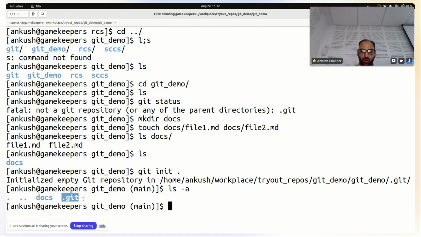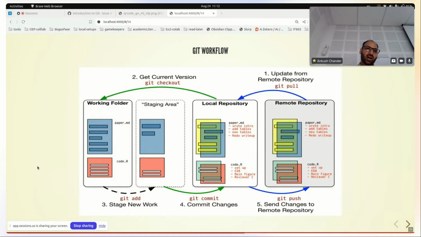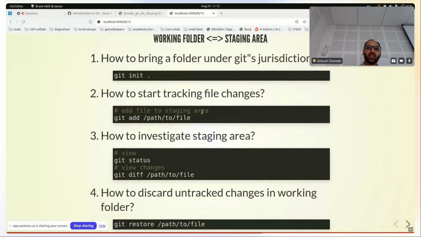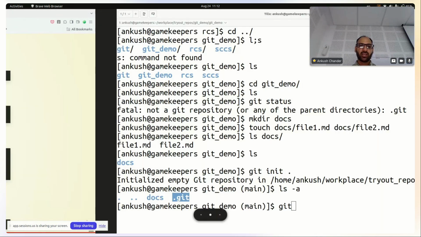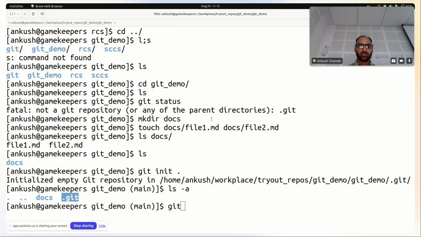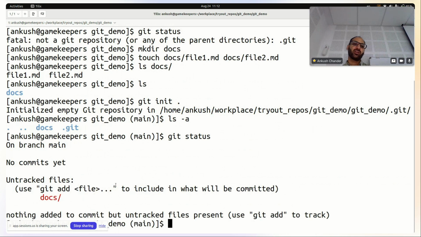Okay, so अभी मेरा ये jurisdiction में आ गया है git के, right? Now what I want to do is I want to track changes of the files. सिर्फ इतना करने से git फोल्डर बन गया है, बट अभी भी कोई फाइल जो है ट्रैक होना शुरू नहीं हुई है। तो उसको करने के लिए मेरे को क्या करना होता है,